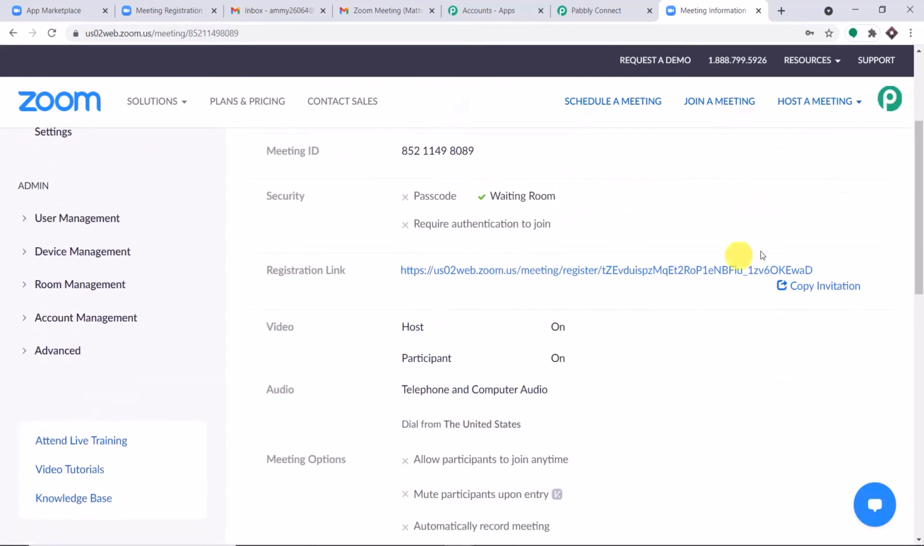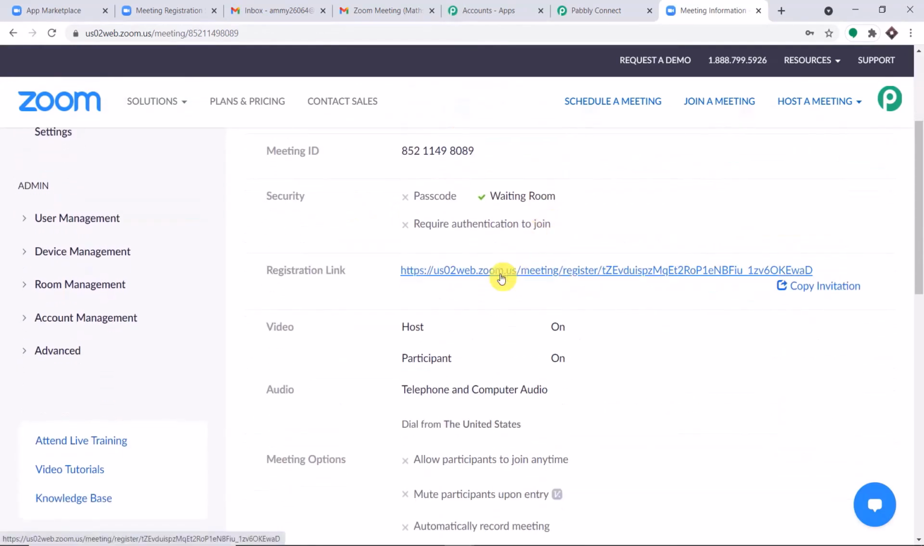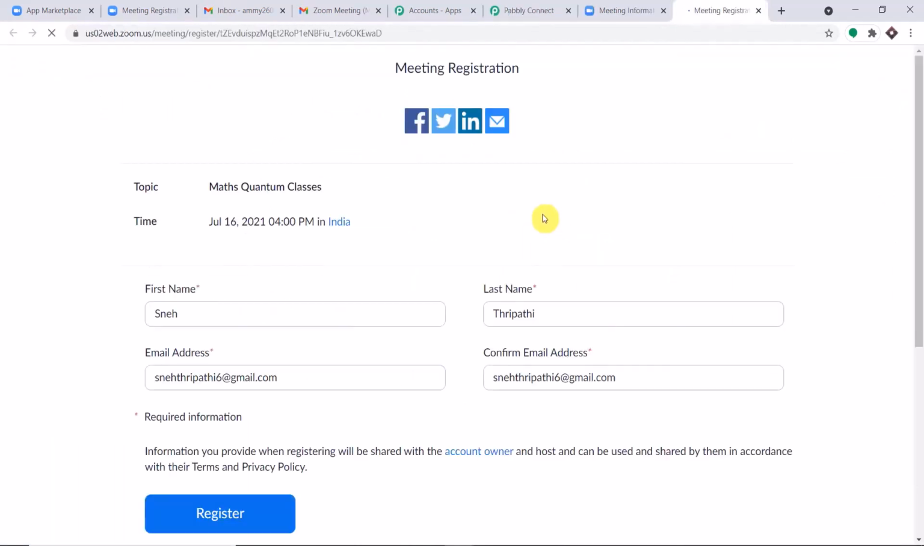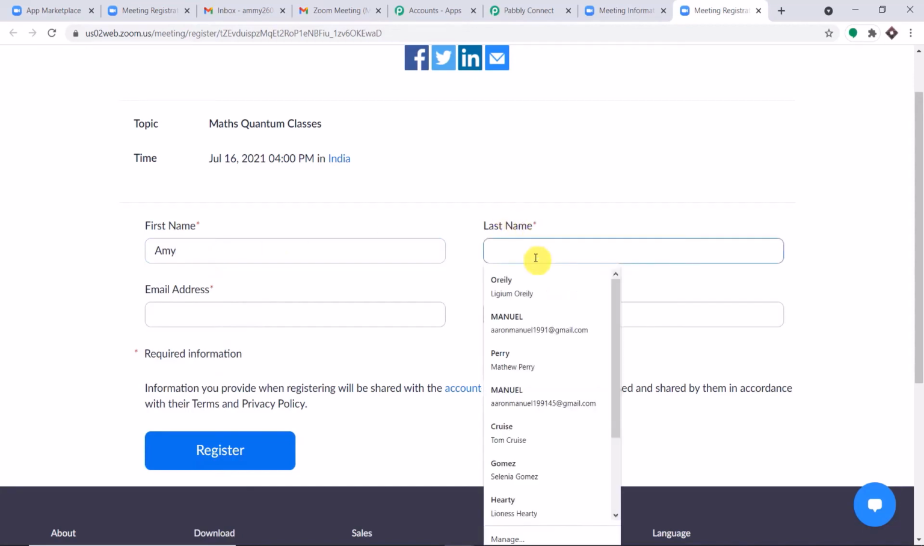Okay, so this is the registration link. And this is basically the meeting topic, the Max Quantum classes. So what I'm going to do here is click on the registration link. Let me remove this old data, and we are going to enter some more details. This time a person called Amy Alexander is filling the form. So the first name is Amy, the last name is Alexander,